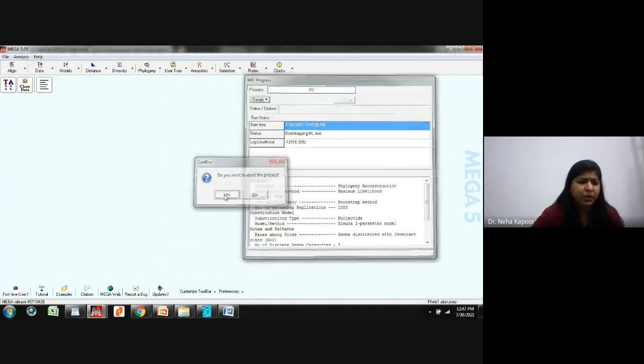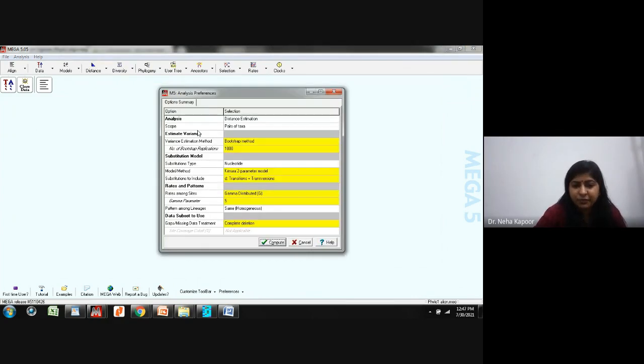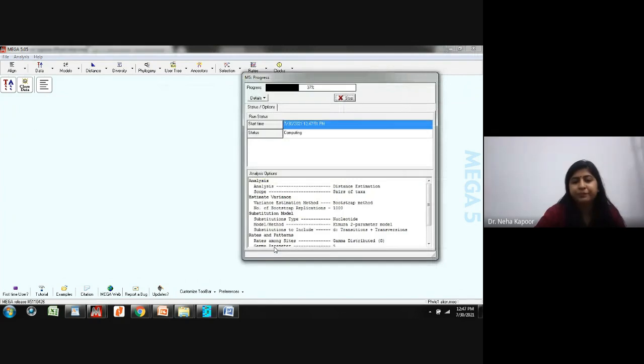I am aborting it. Next I want to show you some distances because the file is already open. As I told you, a matrix is formed. You can ascertain the pairwise distance between each species. So what I am doing, I am clicking on this distance tab. I'm clicking on compute pairwise distance. Here you can see estimation method, bootstrap. Again, I am using the same parameters. I am using compute. You will get a matrix that we have seen in the PPT.